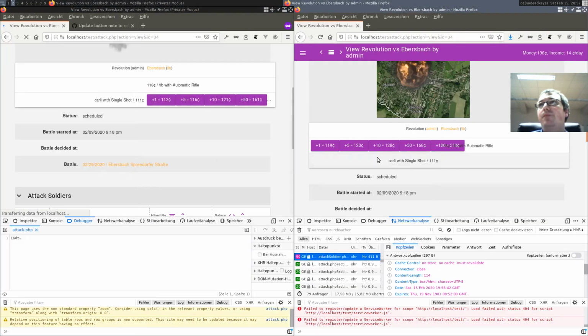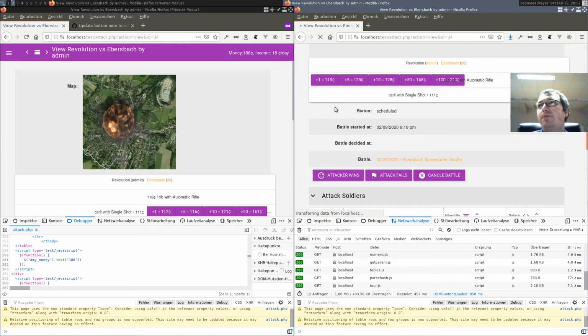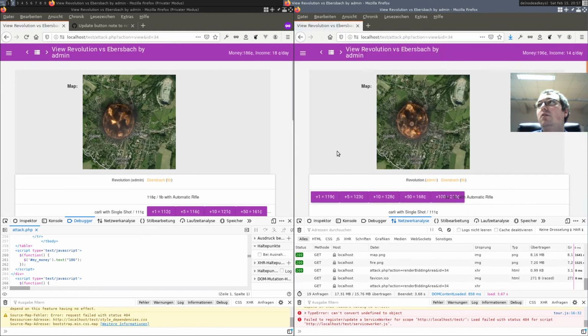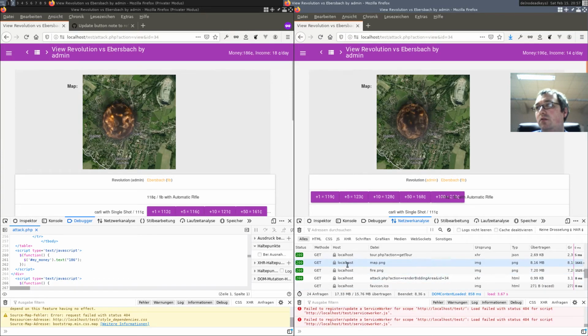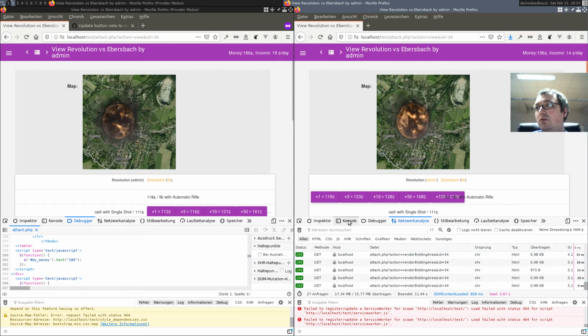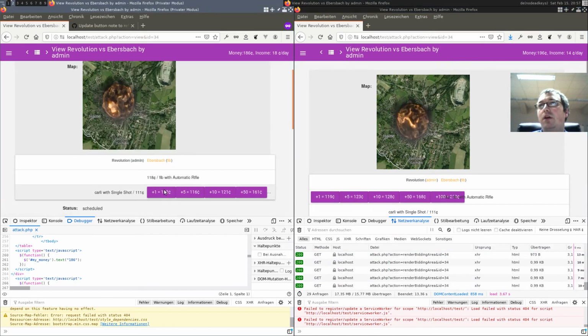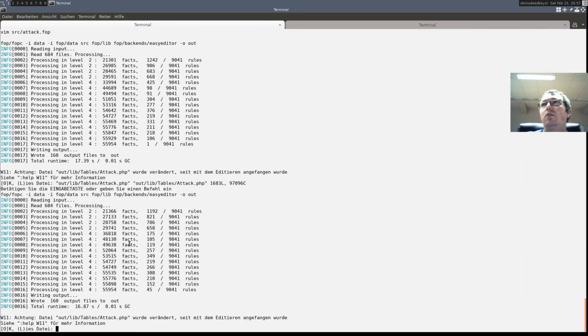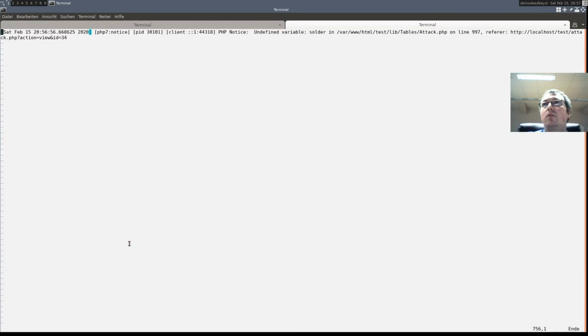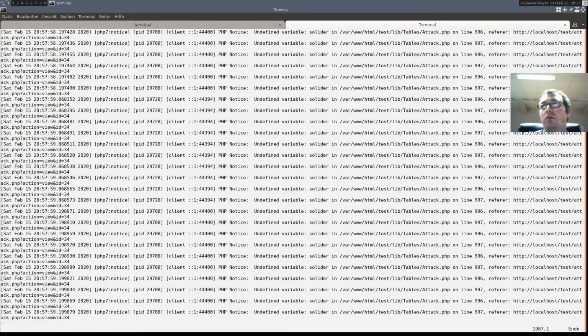So let's refresh the whole thing and hire the soldier. Hire. Nothing happened yet. It is still spamming into the error log.